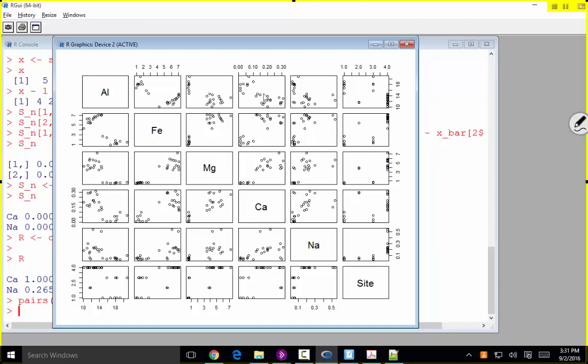Here, for example, is what appears to be maybe a negative association. As calcium increases, it appears that aluminum tends to decrease. Here's what appears to be a positive relationship. As magnesium increases, iron appears to increase. Although,